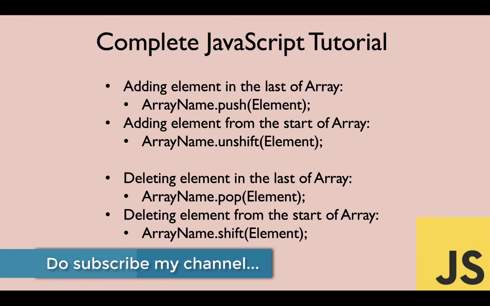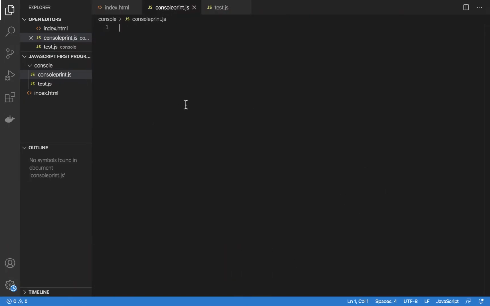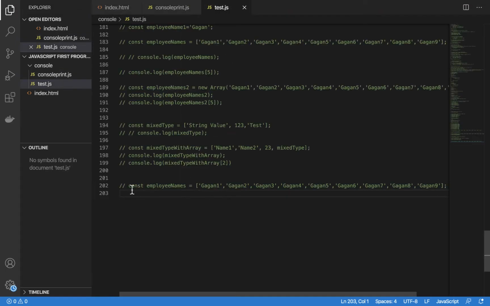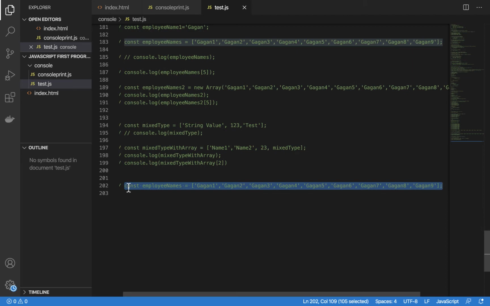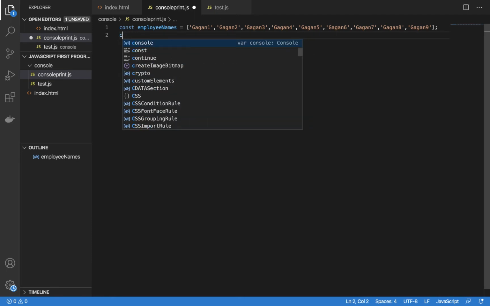Let's open Visual Studio Code. I will go to my Studio Code and this is my JavaScript file that is open. Now let's take an example from my previous video. I will just copy this particular array. This is an array which contains the names of employees. If you see, there are around 9 employees that are added, and let's say I want to print or console log this.